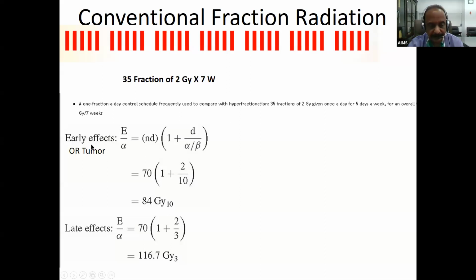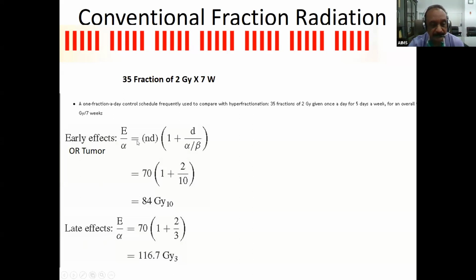which is equally applicable to early effect, but I will call it tumor because that is our area of interest or tissue of interest. And the biological effective dose of late effects, and I will call it normal tissue, right? So these are the two areas of interest for any radiation oncologist, the tumor control and minimizing the side effect, especially the late side effect, okay? So